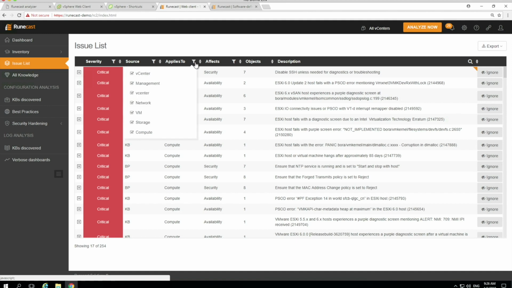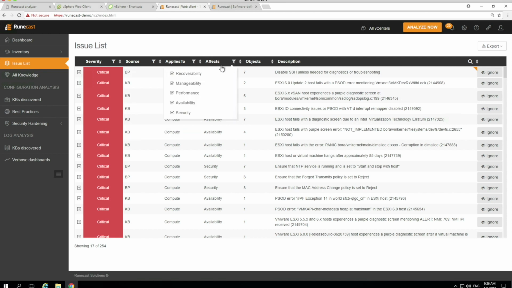Basically you can filter by any of these. Which design quality it affects. So you might only be interested in looking at performance diagnostics, for example, at the moment. It will allow you to filter on that. The number of objects in the data center that are affected by or exposed to the vulnerability. So you can search and sort on that, get your highest offenders at the top. I'll go back.